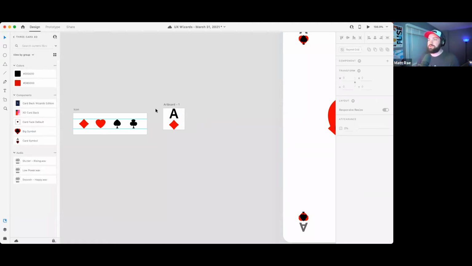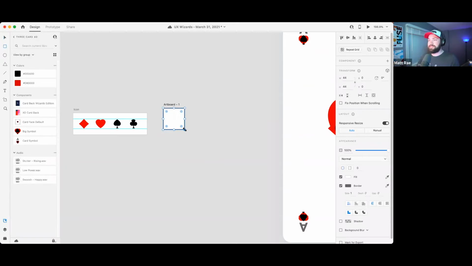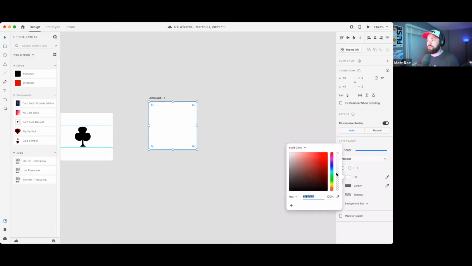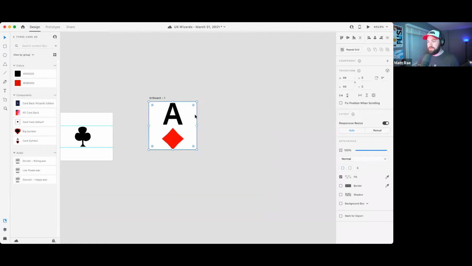So what I can do is I'm going to actually add a rectangle here just to create a standard boundary for my design. So just like that, I've got this. I'm going to turn off the border, and I'm actually just going to turn my opacity right down. So it doesn't matter. I'm going to set that to the back. And now when I group this,